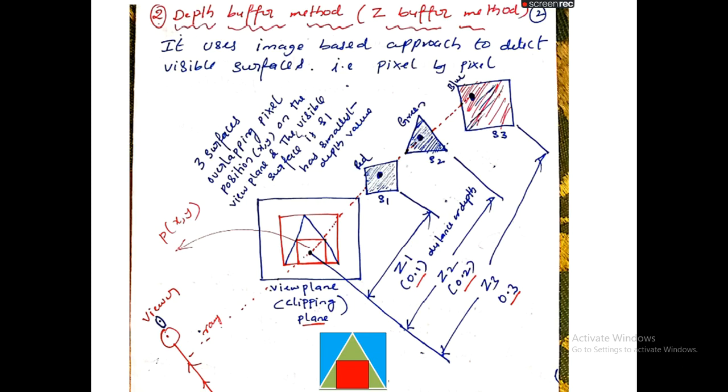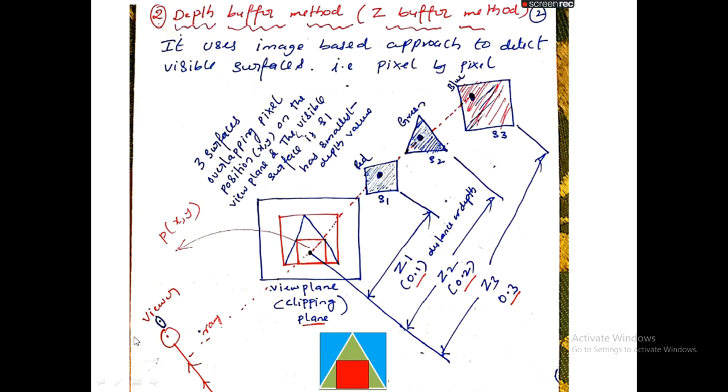When one object is present behind another object, only then do we need it. Now I would like to explain how the Z buffer algorithm works, and what parameters we are considering.